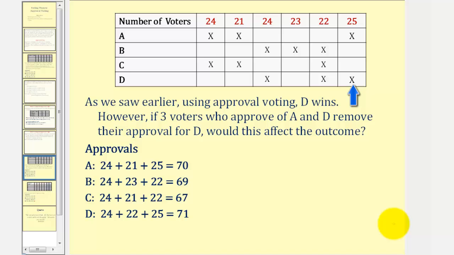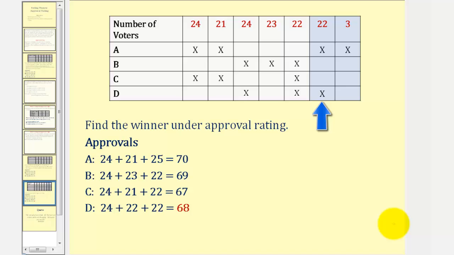So again, 3 of the voters here that approve of both A and D are going to remove their approval for D and only approve candidate A, which would leave 22 votes that approve of A and D and 3 votes that approve for only A. Notice how this sum here is still 25 from the previous preference schedule. So now using this table to find the winner,